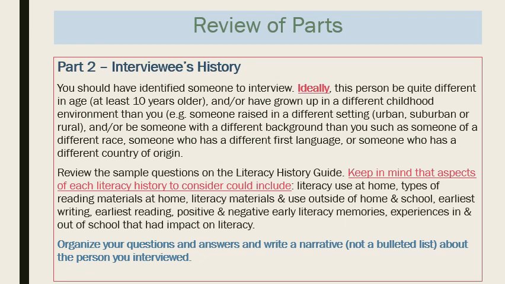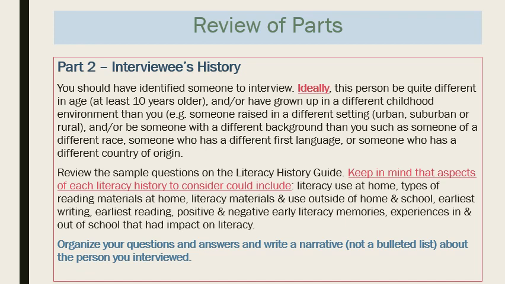And remember that there was an ideal concept with regard to the type of person that you would interview. And I realize our current situation maybe has not allowed you to do that. But ideally what we were looking for is somebody who's not exactly like you. Somebody who's considerably older, a parent or a grandparent or a neighbor or somebody that you know that even in this environment you could call and get some information.